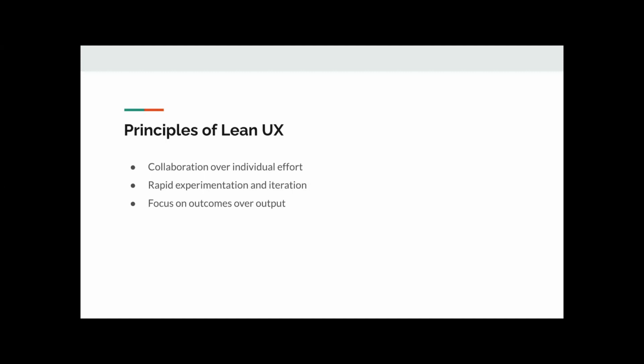And like Abdul mentioned in the initial stages, your focus should be more on outcomes over output, right? Now, when you say outcomes, it's basically what the customer wants, not what you are producing just to tell the customer that we have lots of features in our product that nobody cares about. So we always have to focus on the outcome over the output. And that's why lean UX focuses on these three principles, to make sure that the product you ship is right for the customers, is producing more value, and is useful for the people who are using it.